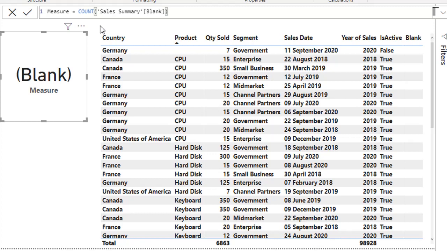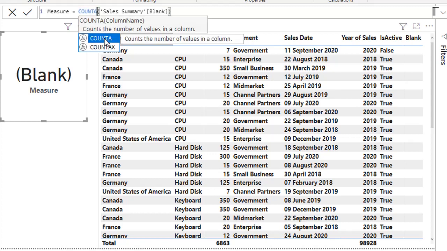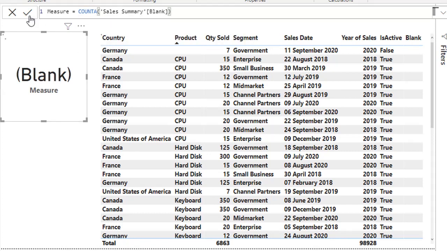Now let us do the practical of the other function, COUNTA. As I told you, the difference between COUNT and COUNTA is that COUNTA also works on the boolean type or logical field. If I try the blank column, I get the same result, blank. Now I try is active, boolean type, and 49.